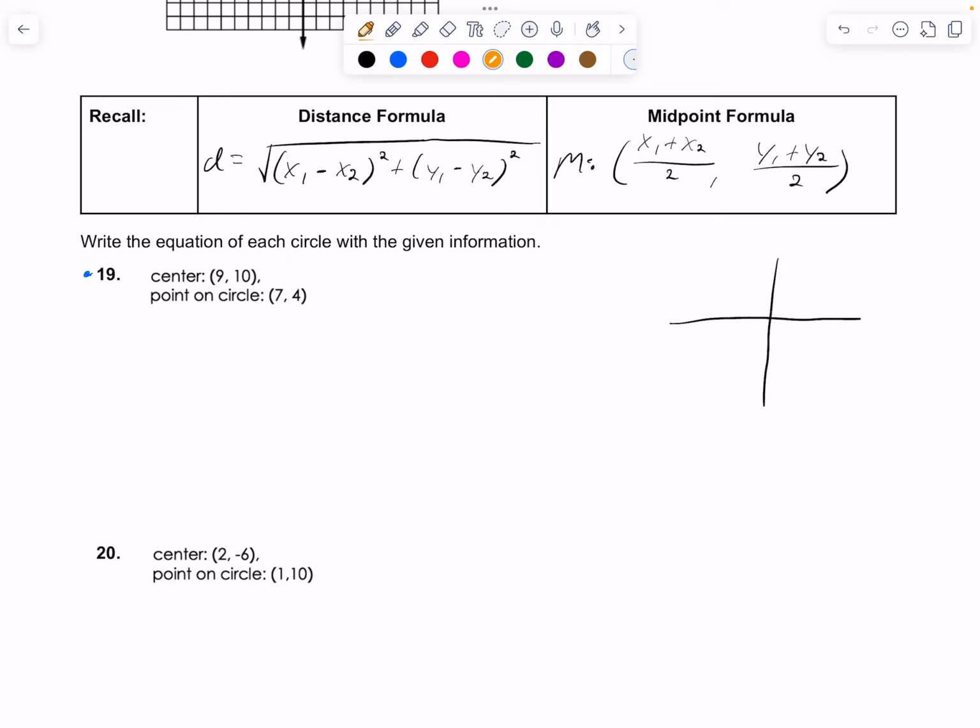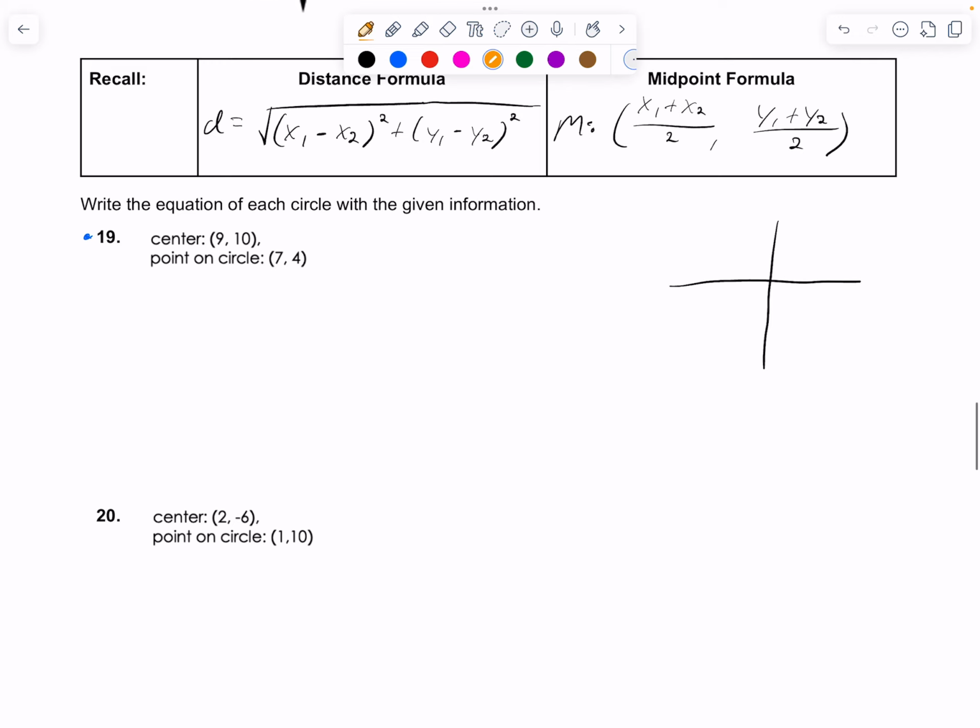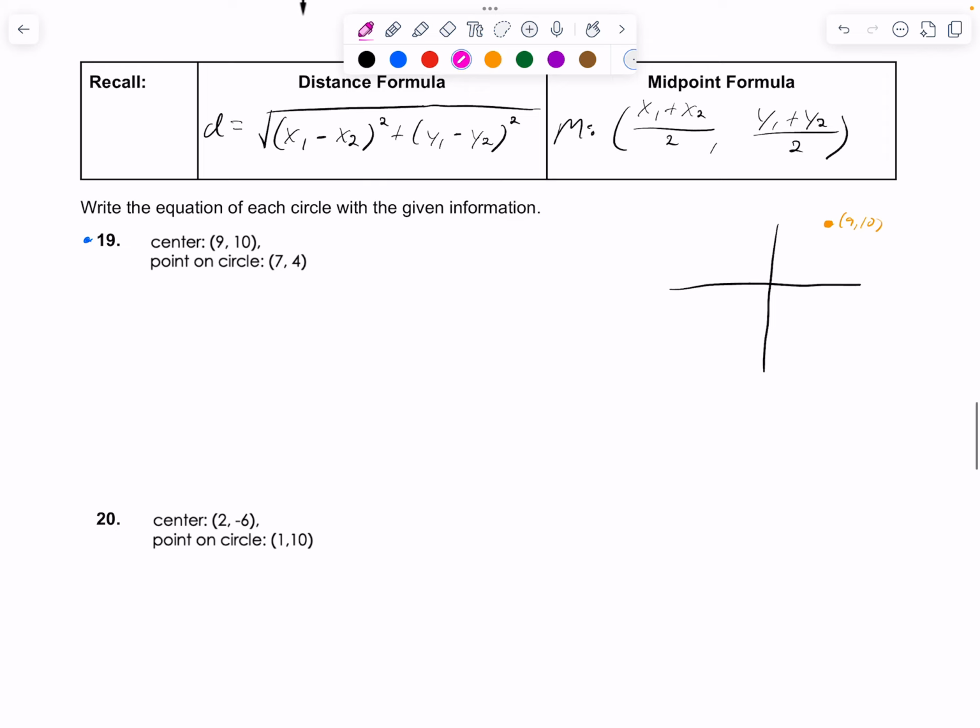Okay, so the center of the circle is (9, 10), which is right there. And then the point on the circle is (7, 4), which I'll say is here. All right, so drawing that circle, I'm going to draw it around. Again, it's just a sketch, probably not going to be a great circle. Anyway, there you go. So if I'm going to write the equation, I need the center, which I already know,